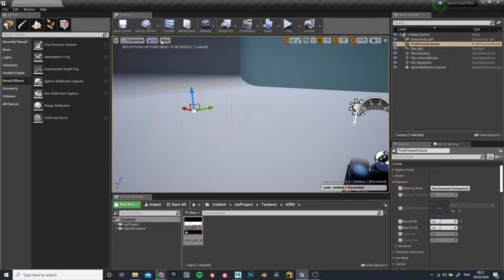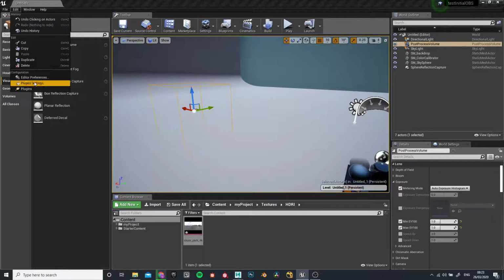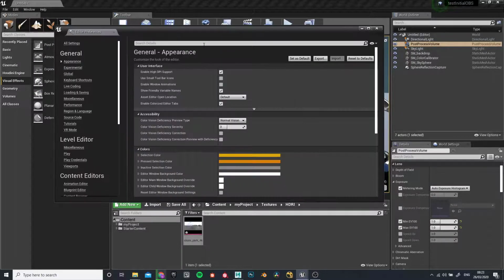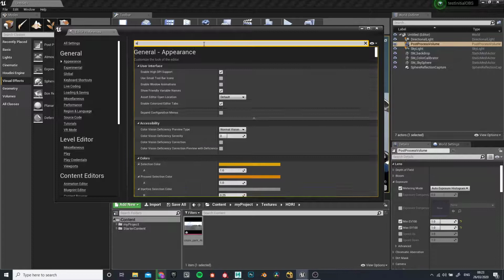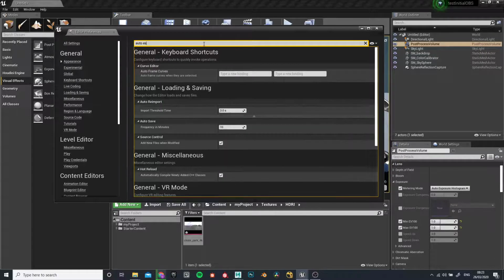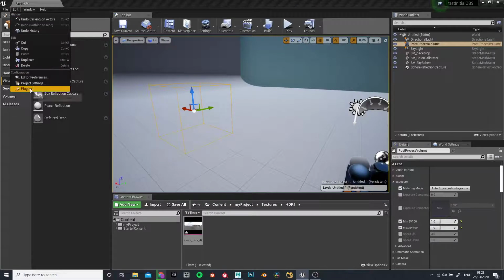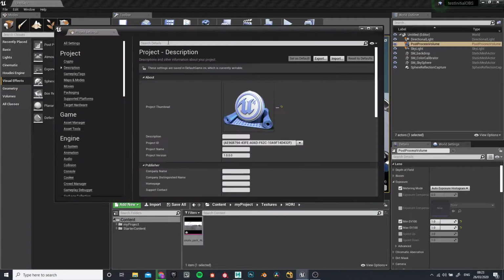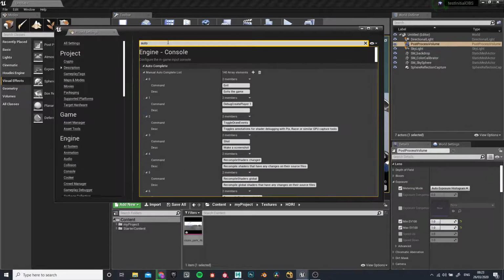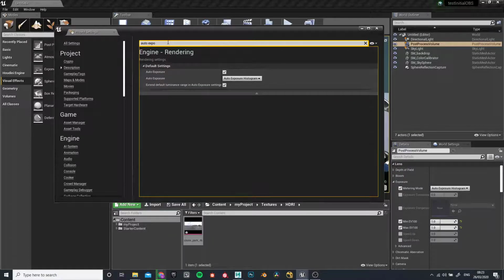Then what I'm going to do is go into here, I think it's editor preferences, and get rid of that auto exposure, the eye adaptation thing. If you type auto exposure, I think it's in the editor or in the project. I always forget. Let's go into project and type here. I think it's this one, auto exposure. Yeah, auto exposure. Uncheck this, okay,